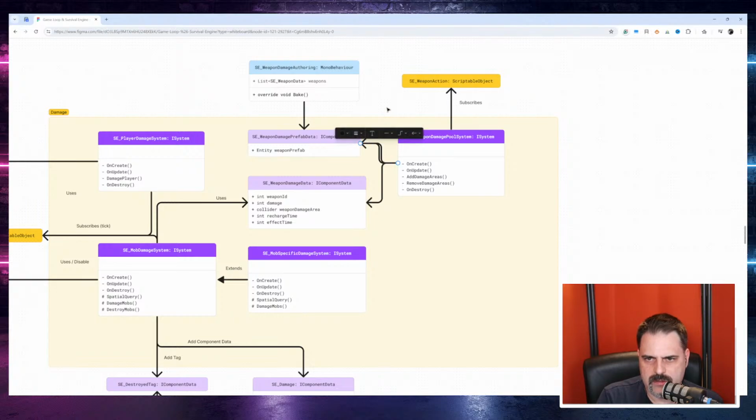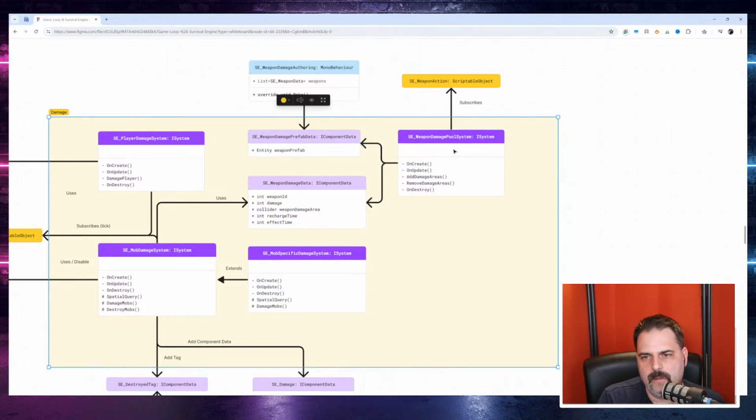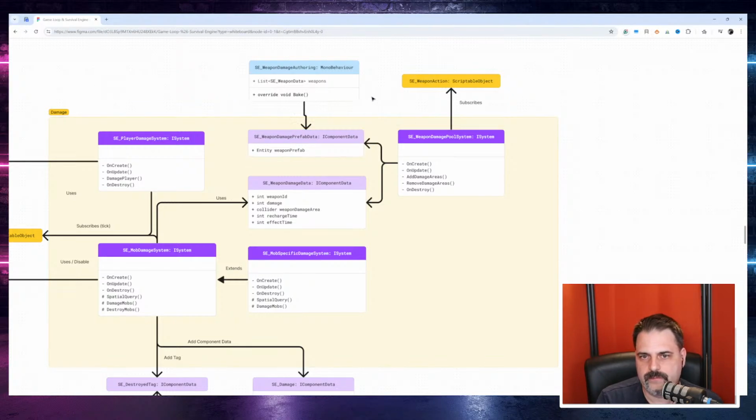But that one is handled by a damage pool system, which creates a bunch of these prefabs. These prefabs do not exist until the moment we actually invoke them, and then we can add damage areas or remove them depending on the signal from the weapon action here,